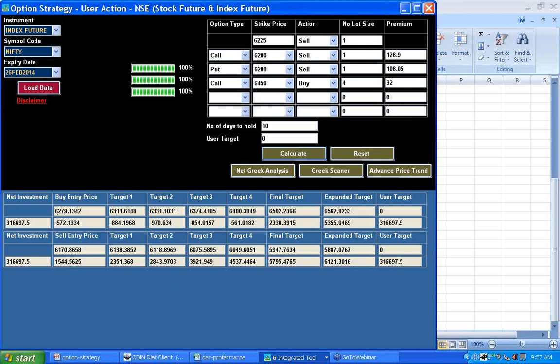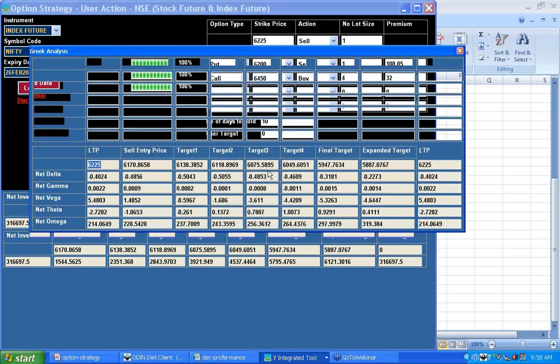So in case of a breakout above this 6370 for my second cycle, or 6330 or near 6400, my liability is only sitting at 500 rupees, and any crossover above that 6436, also 6463, is giving me a profit. And if I am fortunate enough to penetrate to the upper band like 6562, which is estimated for the coming 10 days, I'll be at a profit. So now we can do the net Greek analysis.